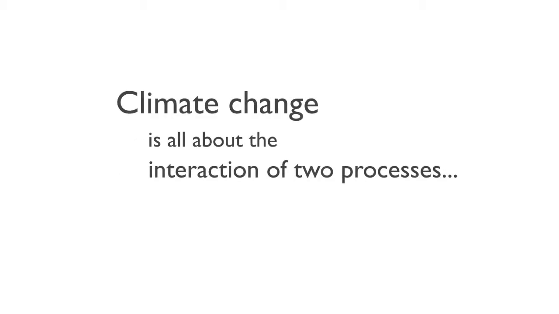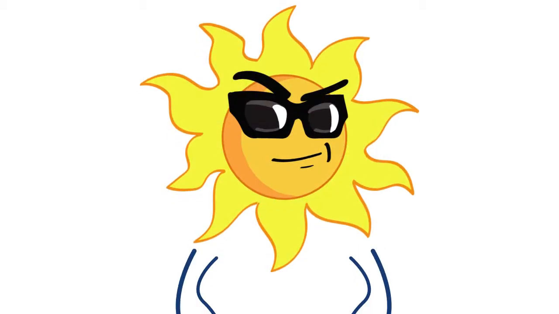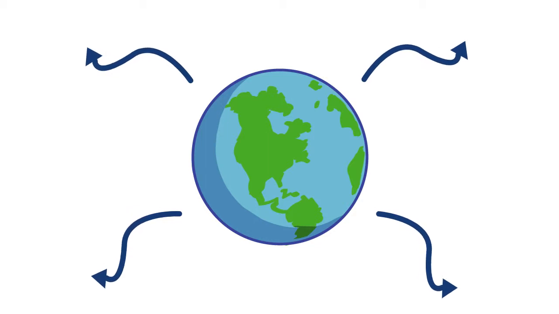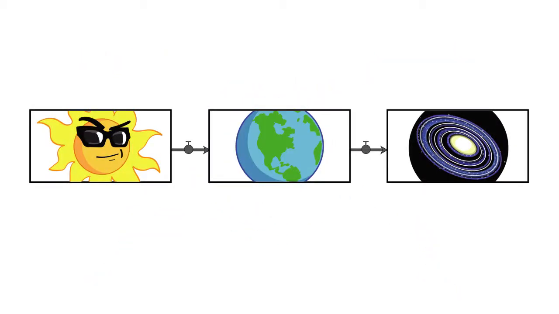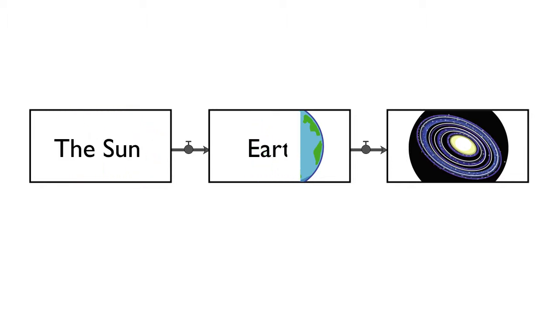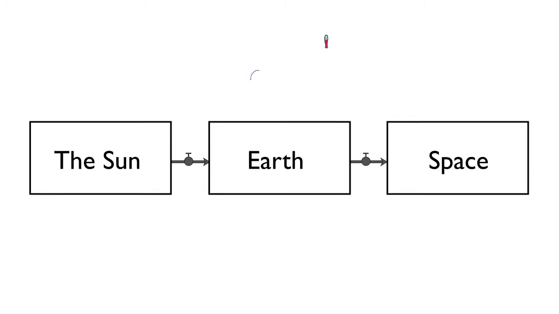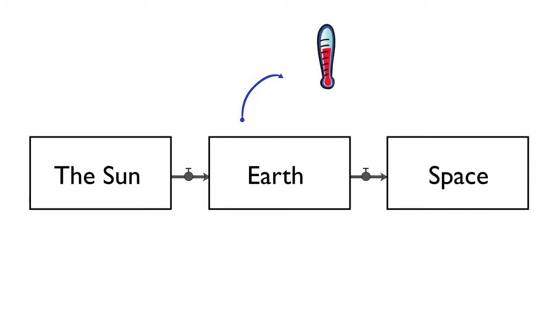As we saw before, climate change is all about the interaction of two processes. The first is energy striking the Earth from the sun, and the radiation of that energy back out into space. That's represented by this stock and flow structure documenting the flow of energy from the sun to the Earth and back out again into space. The temperature of the Earth will of course be a function of the amount of energy that accumulates in the